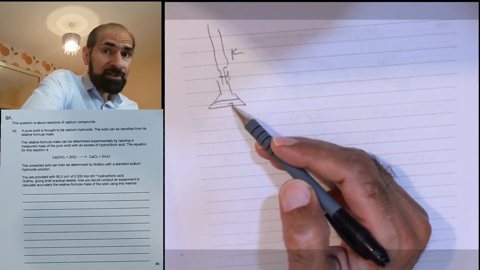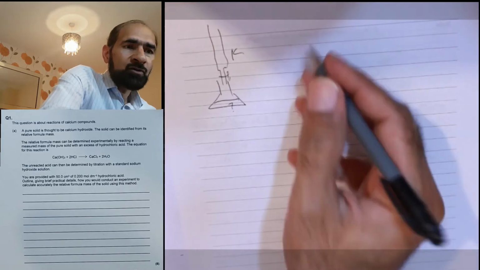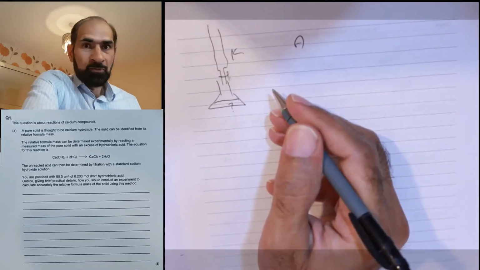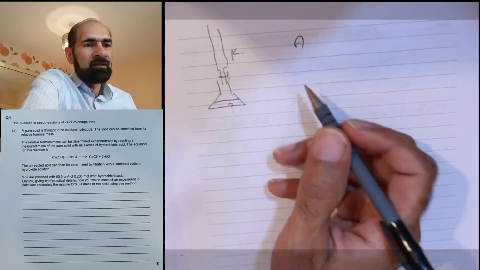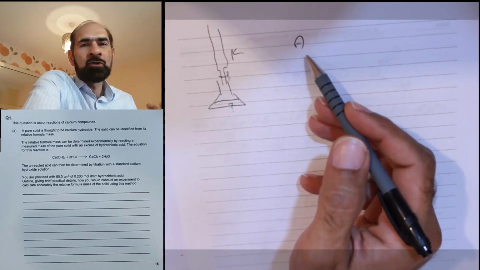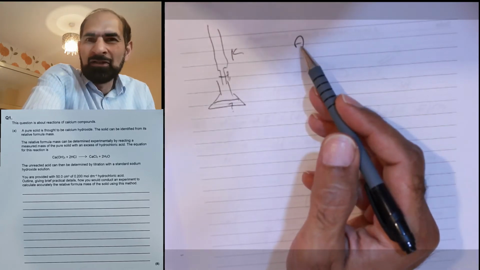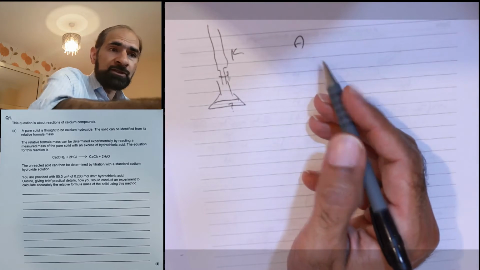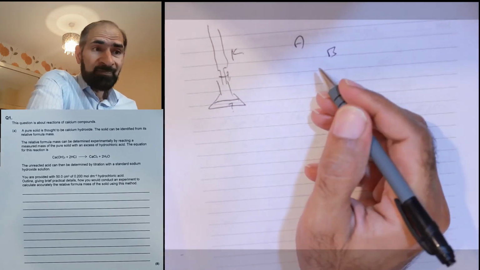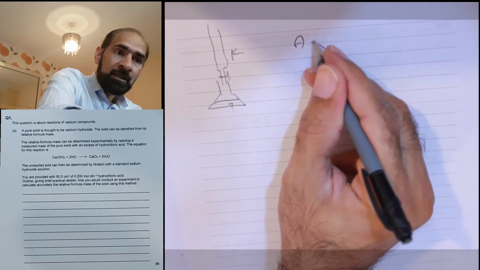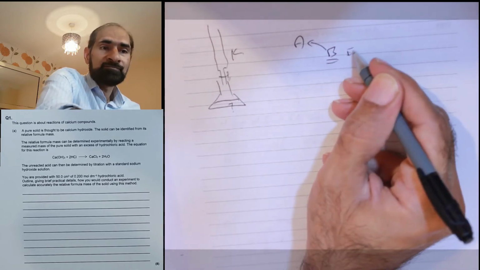However, the back titration is ever so slightly different, because what happens is you have your reagent, your unknown, that you're trying to find something of. So for example, you could be trying to find the concentration of that, or the water of crystallization of that, or anything. So this is the unknown that you're trying to find. But what you do is you take an extra reagent and you react it with that, but you must have this reagent in excess,